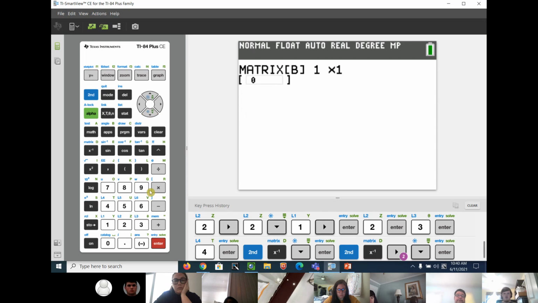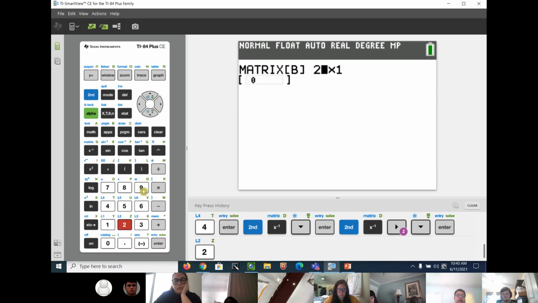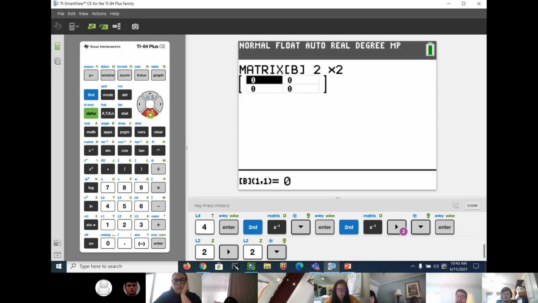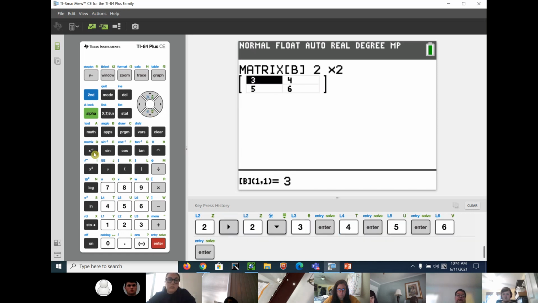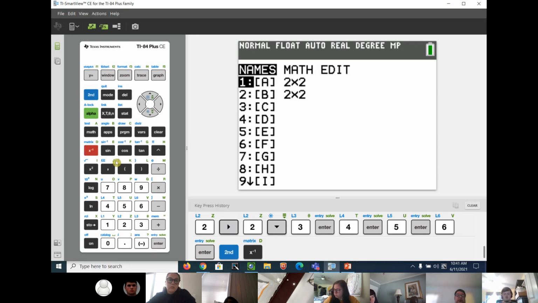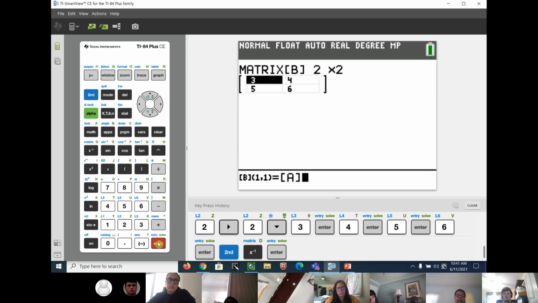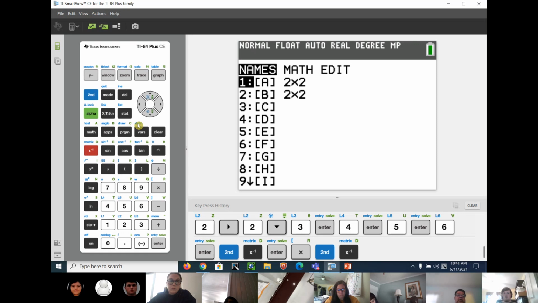And do 2 by 2, and that's going to be 3, 4, 5, 6. And now you can do it the easy way. You can go back to second matrix and do A times, and then go to second matrix and click B and hit enter,